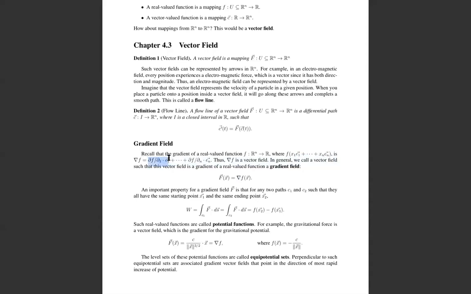You take the first partial and put it into the first position in the n-dimensional vector, and you do the second partial and put it in the second position in the n-dimensional vector, and so on and so forth, into Rn. So for example, in R3,